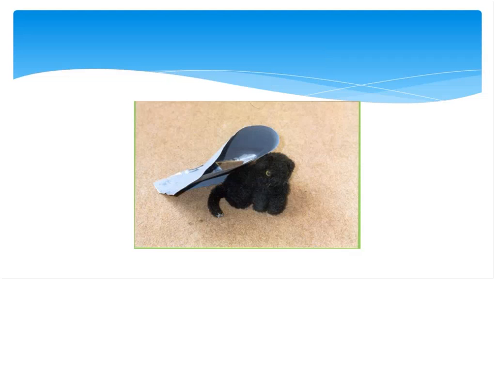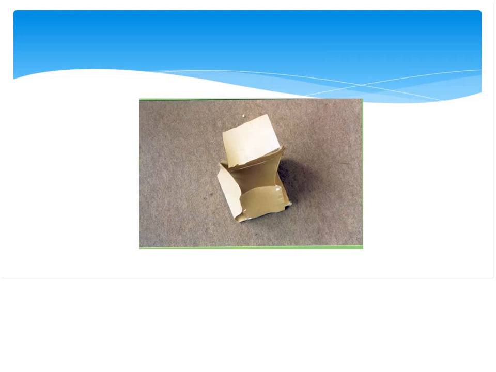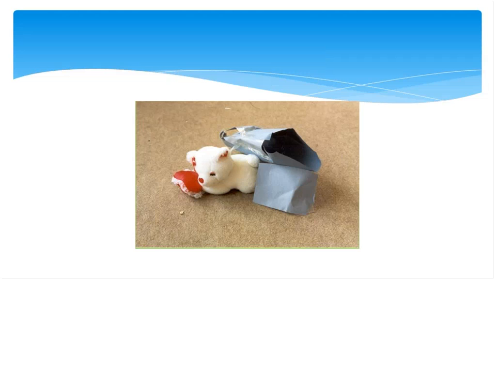That was the little girl there, and I don't know if you can see, but on the tail of the cat is some glue. One of the rules was that if I tipped the box, your cat wouldn't fall out. So to overcome that problem, they actually glued the cat into the box. It didn't fall out now. Same child, this is all the same class, so a vast range of what they did.